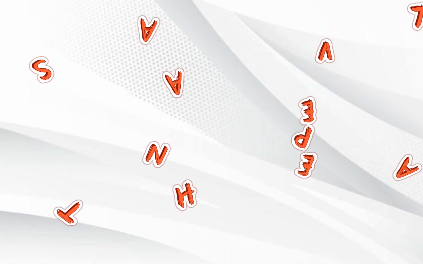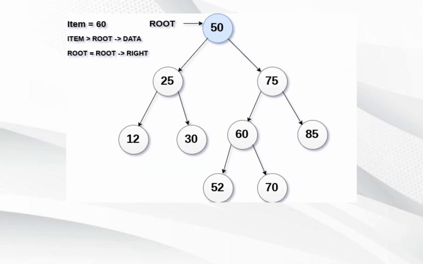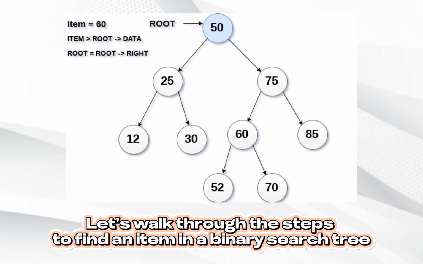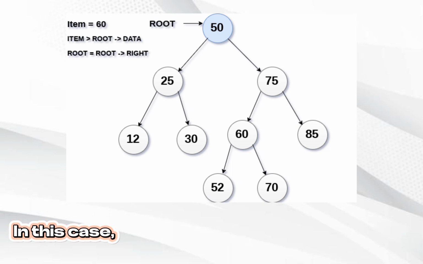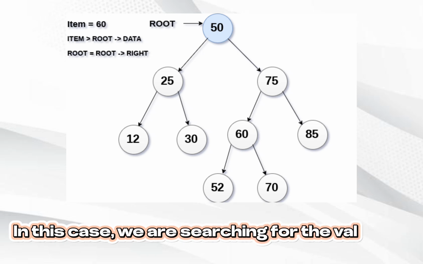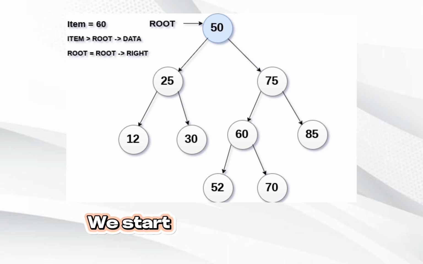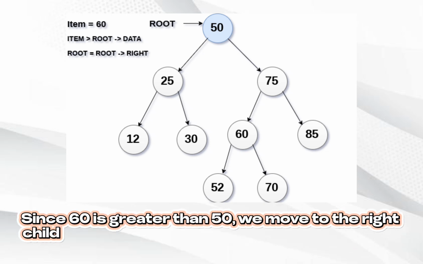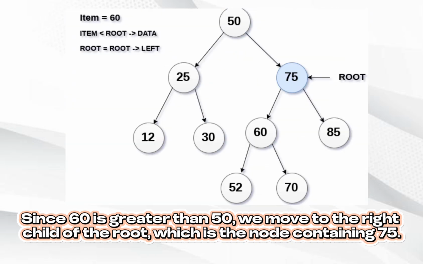Let's have an example. Let's walk through the steps to find an item in a binary search tree. In this case, we are searching for the value 60. We start at the root node, which contains the value 50. Since 60 is greater than 50, we move to the right child of the root, which is the node containing